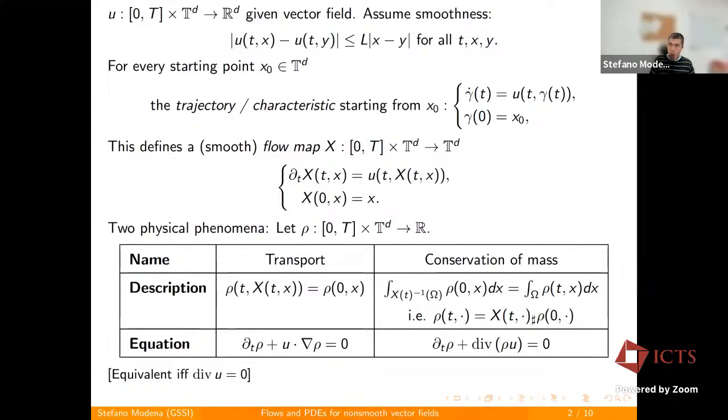Okay, so far so good for the smooth setting. This is the classical theory. Let's say what happens in the smooth setting. And now the goal of this talk is to present, to discuss a little bit what happens if you relax